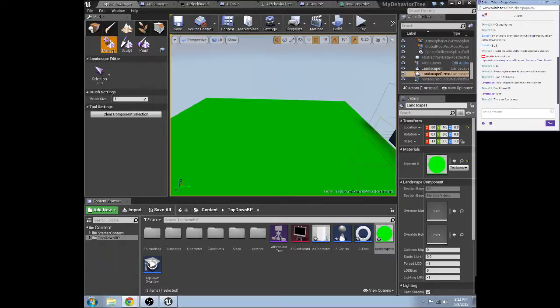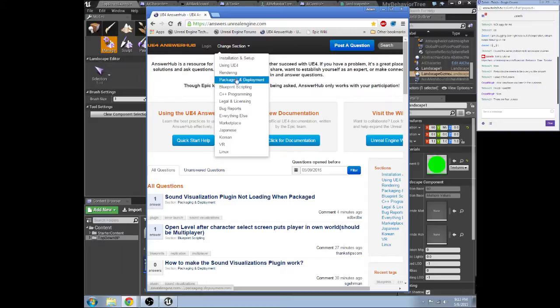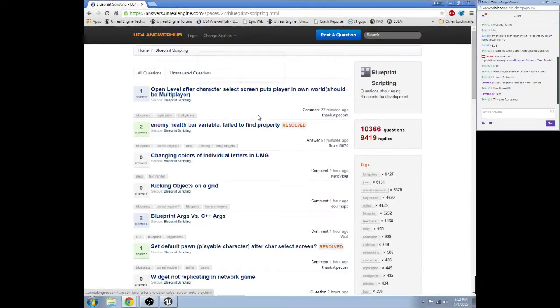Where is a good question to answer? Maybe the Answer Hub. Let's go check the blueprint section on the Answer Hub. Maybe there is something there. In fact, I'm going to move it over here so you guys can see what I'm looking at as well. So the Answer Hub is pretty cool. If you go to the blueprint scripting section, as you can see, there are 10,360